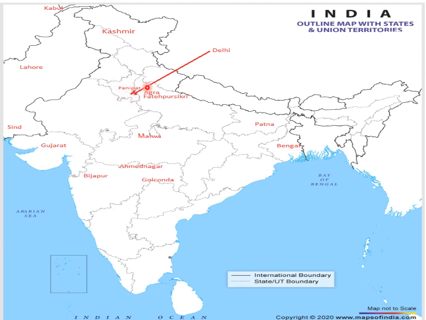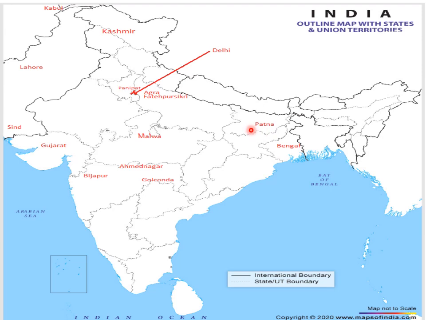Now third we have Delhi. Delhi is shown in the territory of Haryana. हरियाणा में ही जो एक बहुत छोटी सी territory दिखाई जाती है, that is Delhi. Then we have Agra and Fatehpur Sikri. These two are in Uttar Pradesh, and they are very near to each other, so without any gap you can write Agra and Fatehpur Sikri.